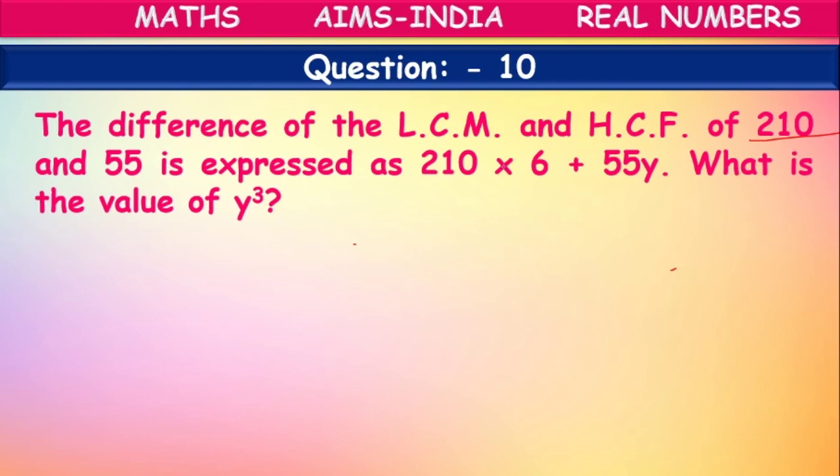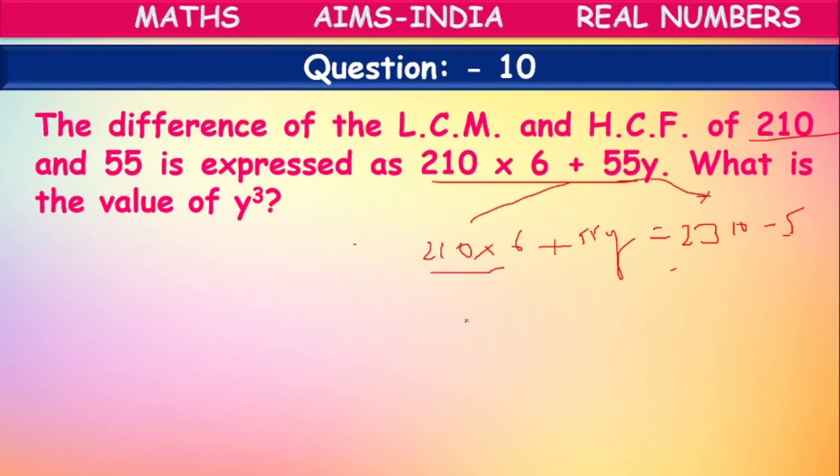What have they given? The difference of HCF and LCM is equal to this one. Means 210 into X plus 55 Y equals the difference of LCM and HCF, means 2310 minus 5. So let us multiply this one and take it to that side. So here we will have 55 Y equal to 2310 minus 5, means